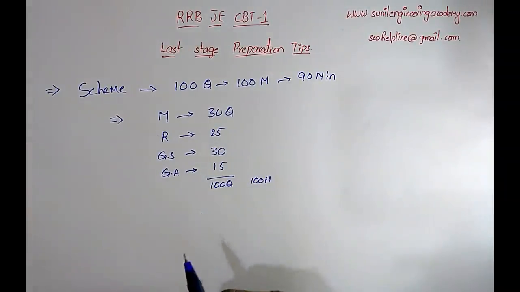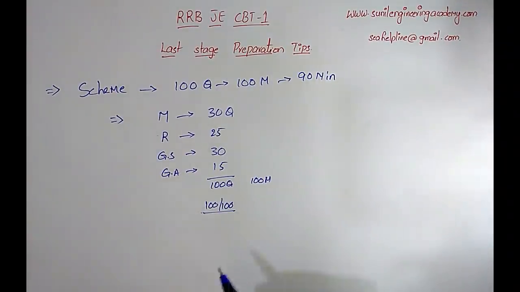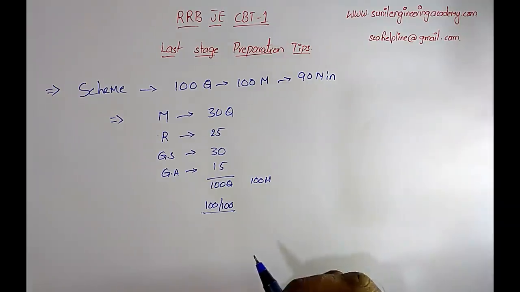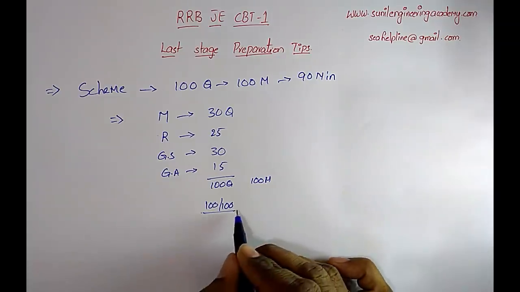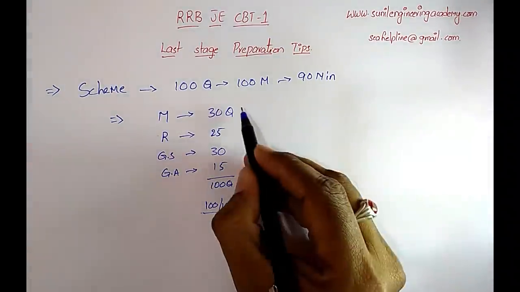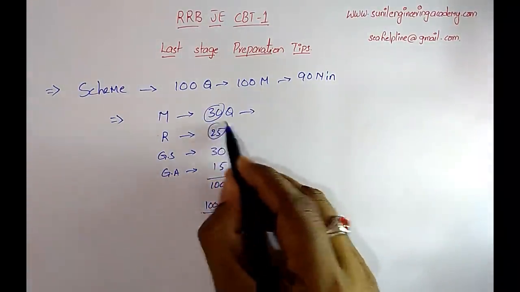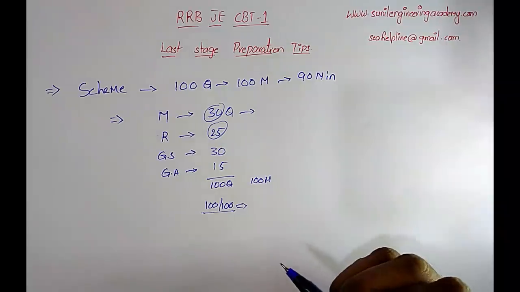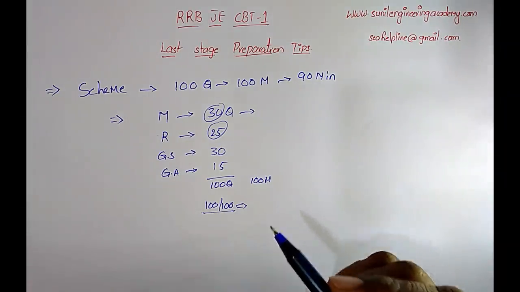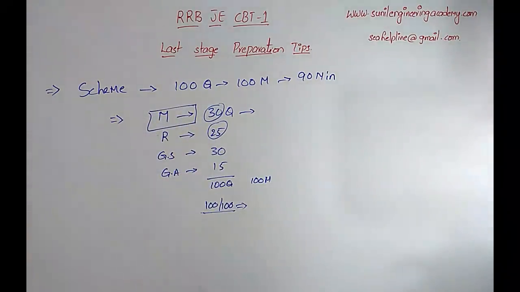Okay, now I want to tell you one thing. 100 by 100 is not possible. Why? Because the question paper is designed like that. Some of the questions are very difficult and time consuming. So don't worry about this 100 by 100. And don't worry if you leave some topics in any one particular section. One more thing is that you have to concentrate more on the remaining topics in that particular section. That is the most important thing.